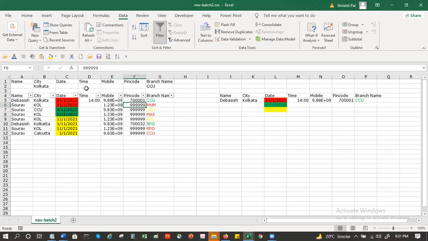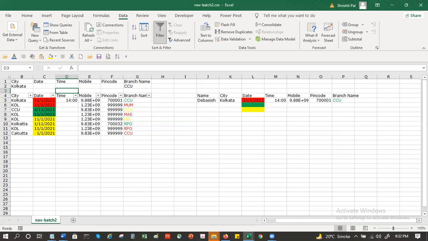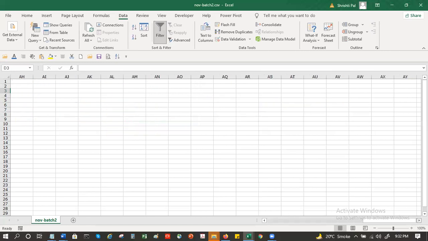So multiple row filter. Now suppose, like I said, that gentleman had 85 to 90 columns on his worksheet. So every time he has to look at the columns, he has to scroll across, which is a big pain.